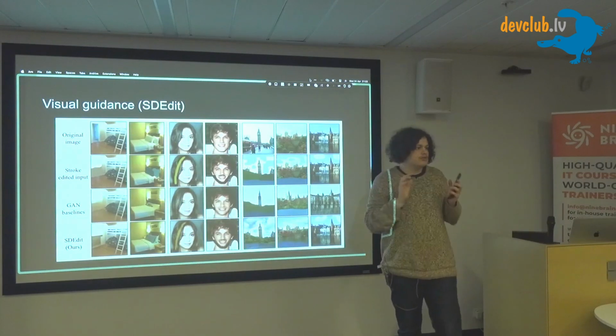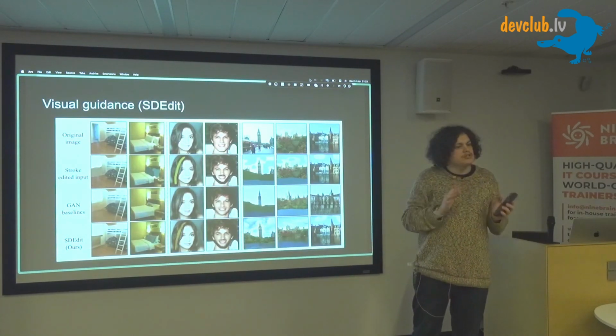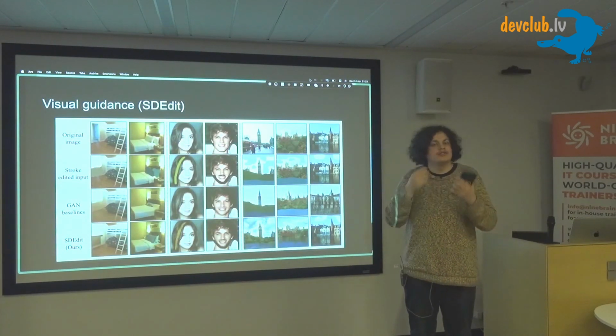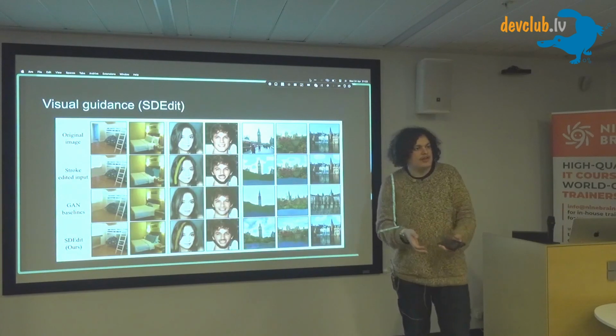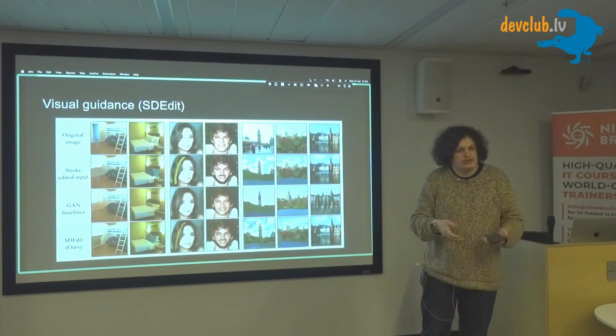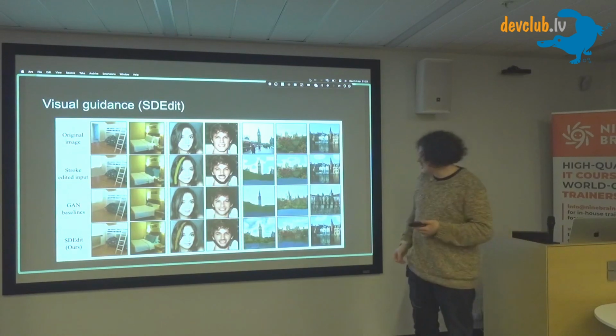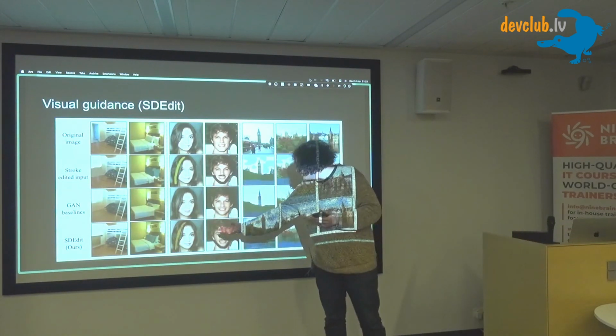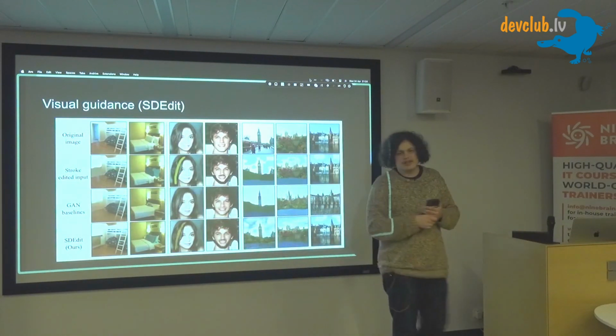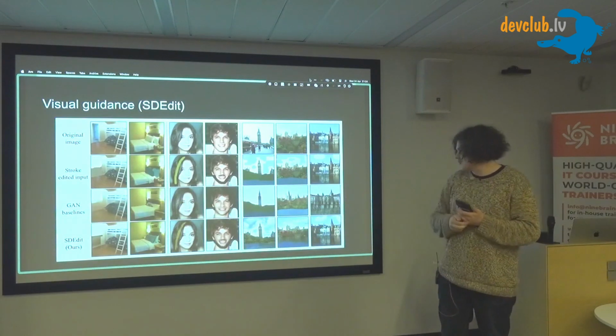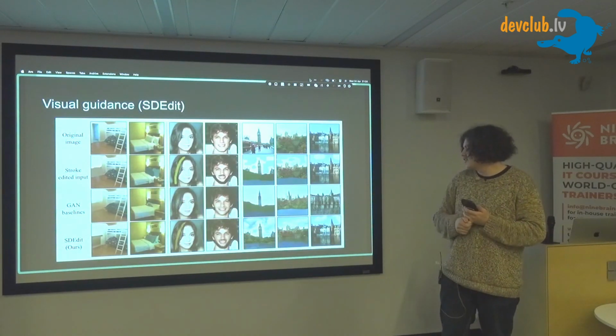Then we diffuse the image, we add a little bit of noise to the image, and then we ask the diffusion model to redo the denoising. And when it denoises the image, you can see it has correctly been denoised, so the girl has yellow hair.